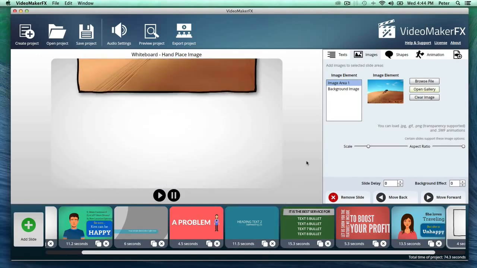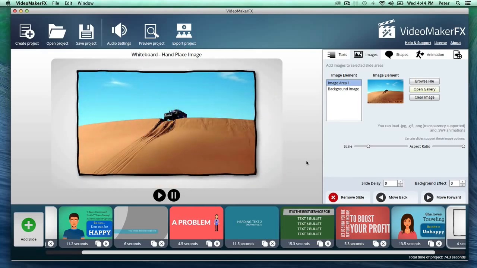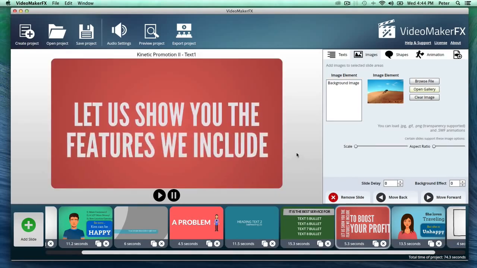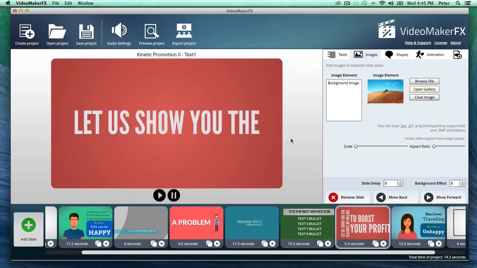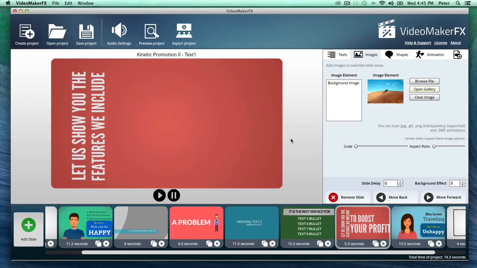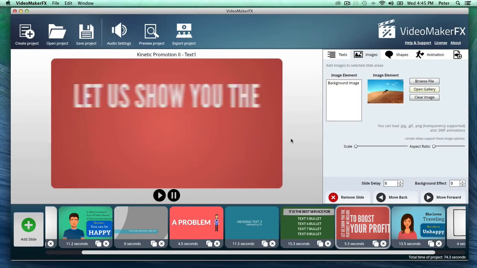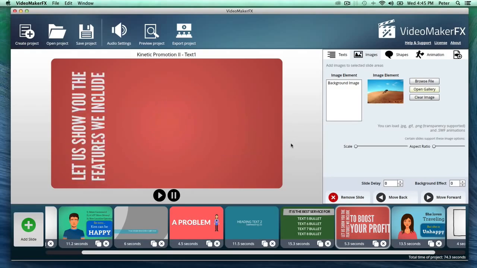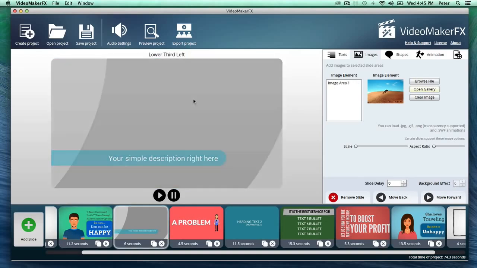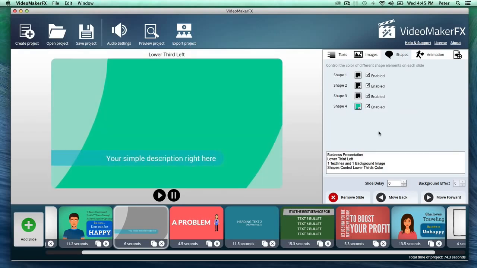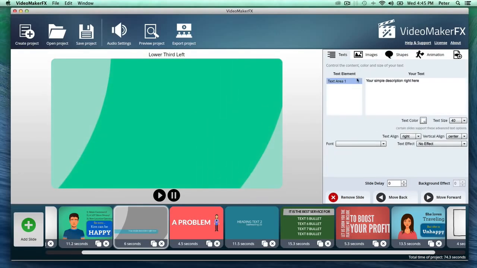So literally the sky is the limit with this software, and it's coming out at a very, very special price. So stay tuned, because once this comes out, you're not going to have any kind of excuse to not get this, because professional and engaging videos are just going to be a few clicks away for you. And as you can see, there's all these scenes and all these customization options that you can match up to